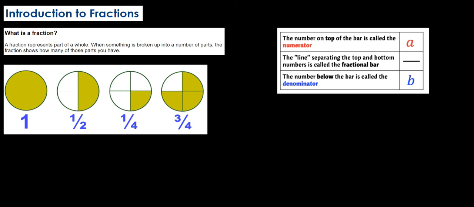This is a brief introduction to fractions. Fractions comes from the Latin fractus, which means broken, and it's part or whole of something. So a typical fraction is often written as something like this: 2/3. And as you can see in the table here, the top part is referred to as the numerator,